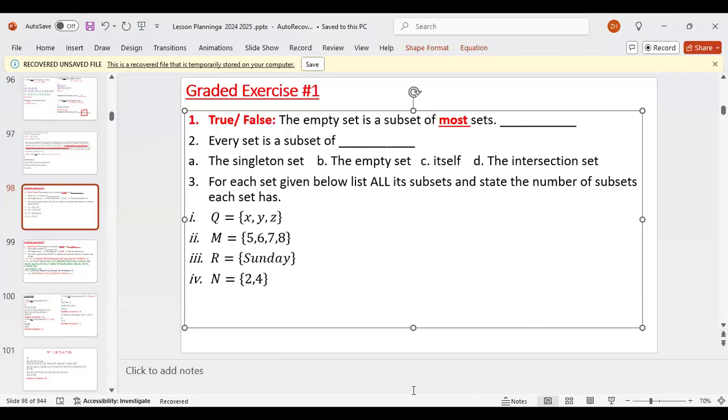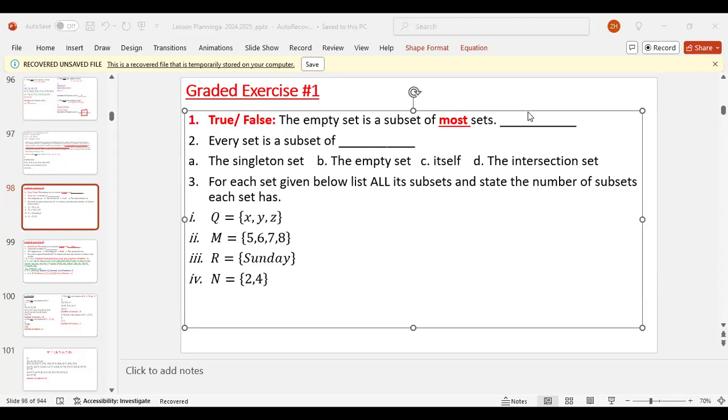Where's Rayan? Rayan, can you hear me? You are here? Okay. Rayan, look at the message I sent you, please. By the way, I need Isaiah to help me with number 1. Read number 1 for me and tell me what you get. What you have for number 1, Isaiah.